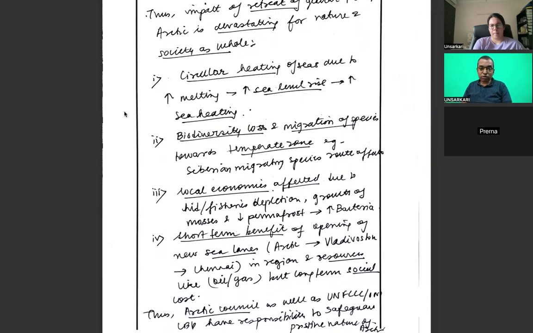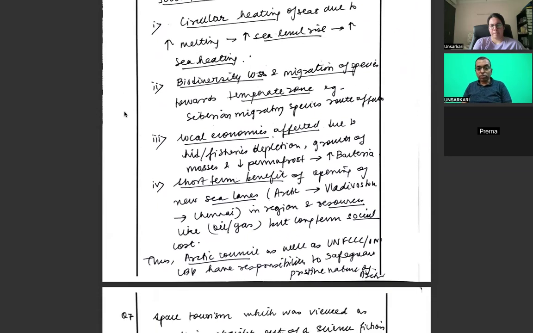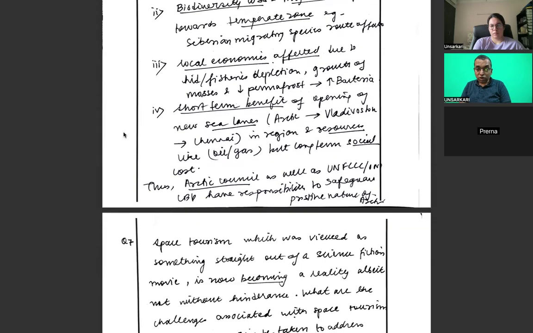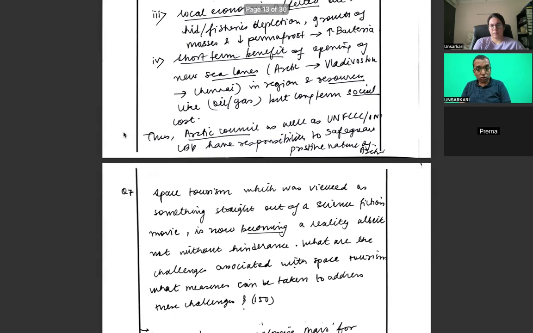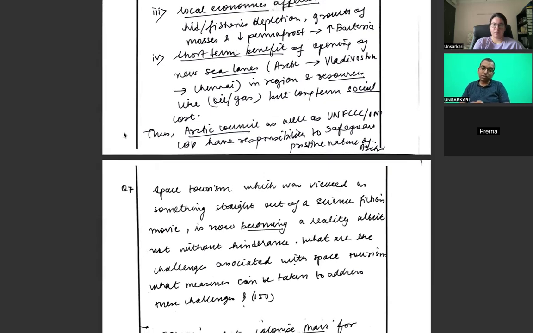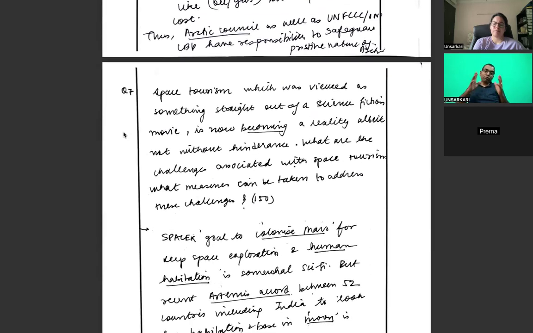Biodiversity loss, migration, we already said. Temperature zone, local economies altered due to fisheries and depletion. It depends on whether this question is coming in geography, world geography, then more ideas about economic geography, human geography, and physical geography we have to bring into the picture. So this is a very good point. Short-term benefit, Arctic, Vladivostok, and Chennai, like oil, gas, but long-term social cost will be there. Arctic Council, UNFCCC, we already said. So fair enough, we have to take it